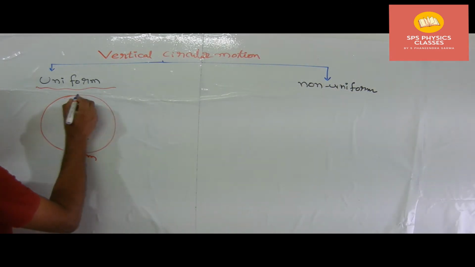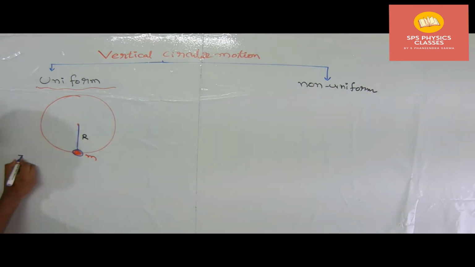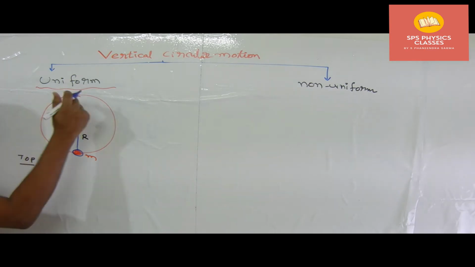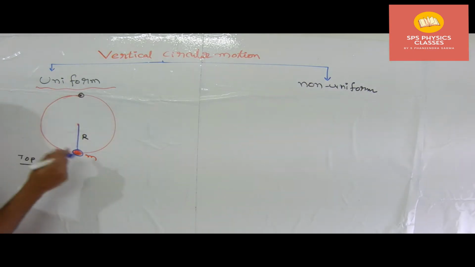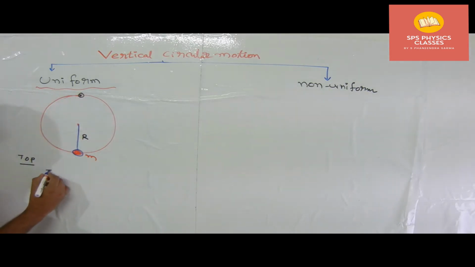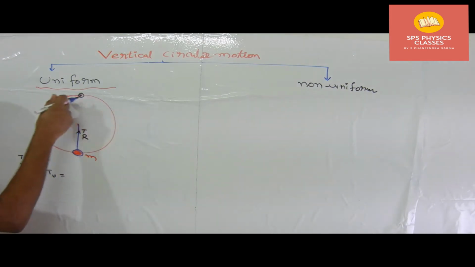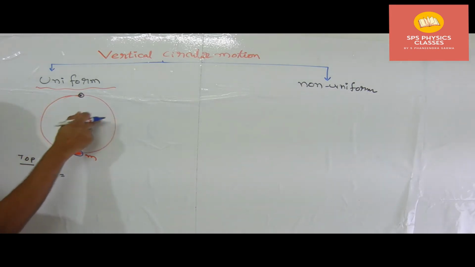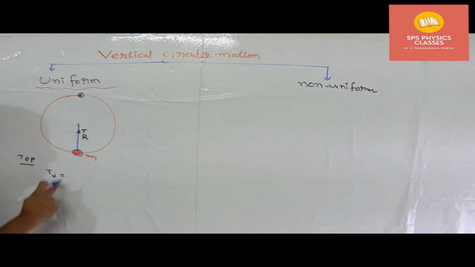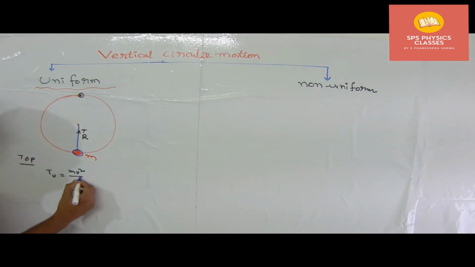Exactly when the system is at the top point, means here, goes like up to here. Then when you try to prepare the tension condition, the tension at the uppermost point in this cable is called tension T. Whenever the object is rotating, tension is directed towards the point of suspension. T is always directed like this. Therefore the tension at the upper point T is equal to mv square by r minus